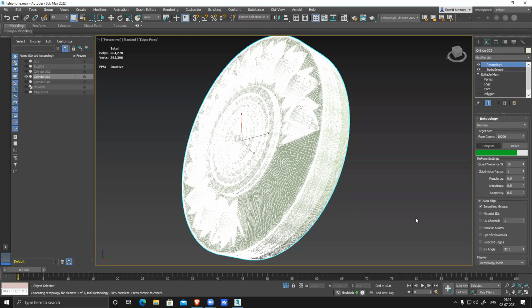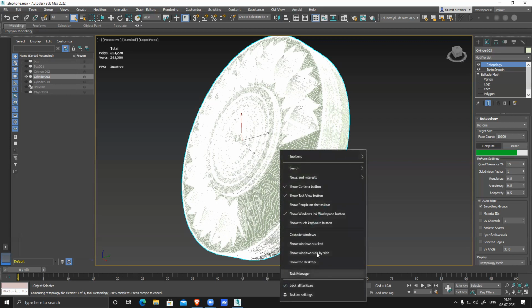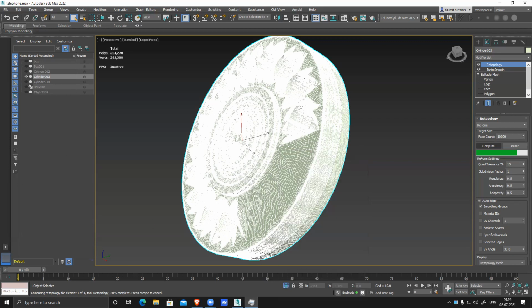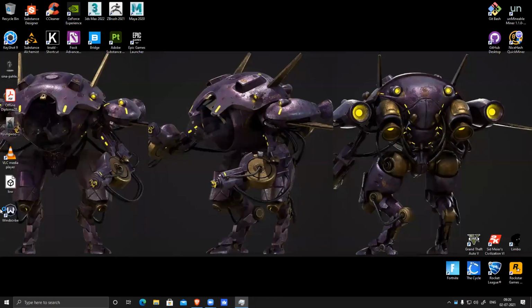I'm pressing skip, nothing is happening. It's taking too much time. I'll just crash it. I'll show this technique on a smaller model so that you can see it and use this technique. It's taking too much time. Oh, thank God.